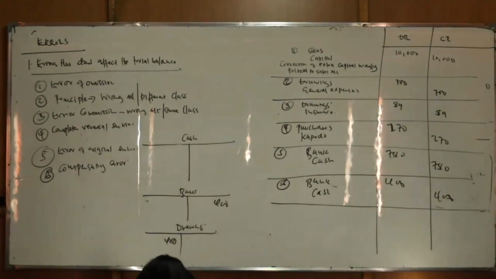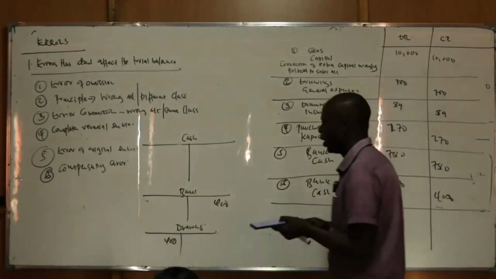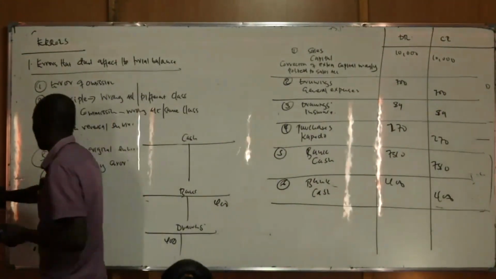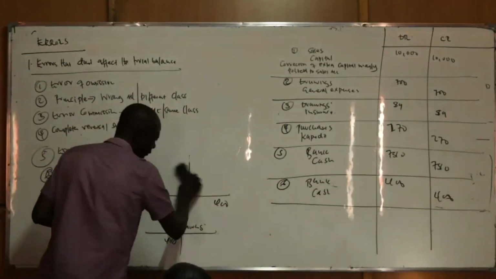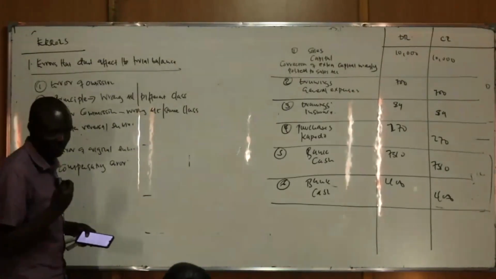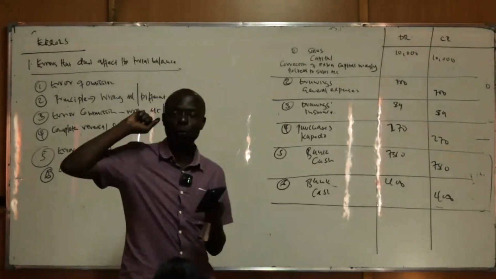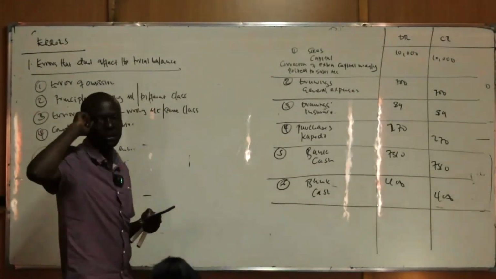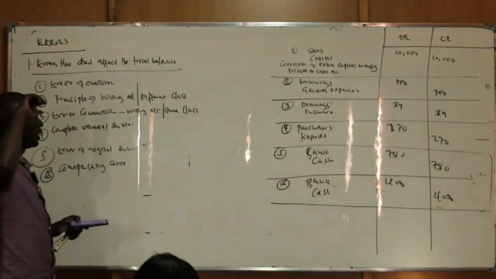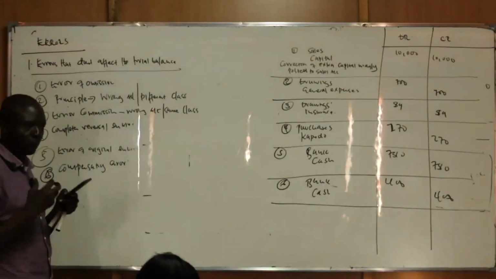Lastly, a sale of motor van of 1,000 had been debited to motor expenses. When you sell an asset, the amount of money that you receive for the sale of the asset, we say you debit bank. Anytime you're receiving cash, it is your bank account that is being debited. And then you're supposed to credit what? Disposal account. When you're disposing an asset, after receiving the money, the proceeds from the